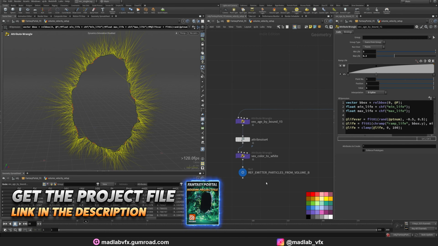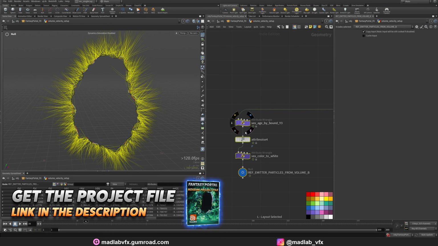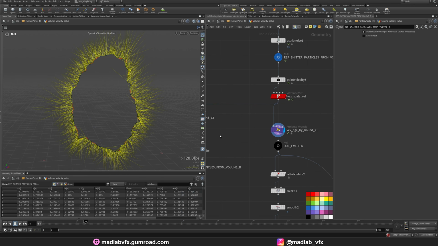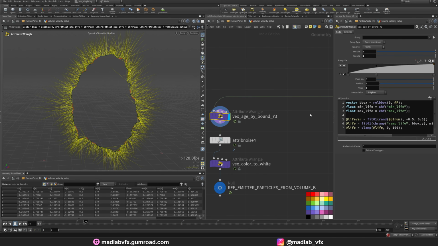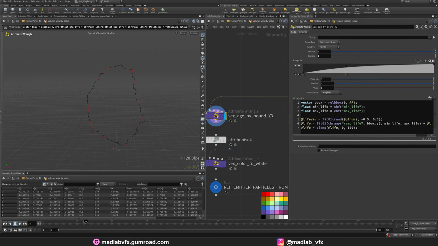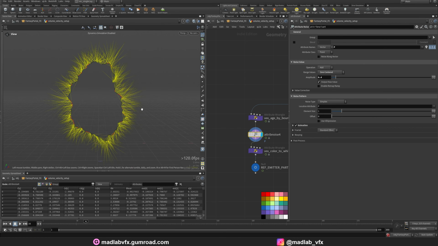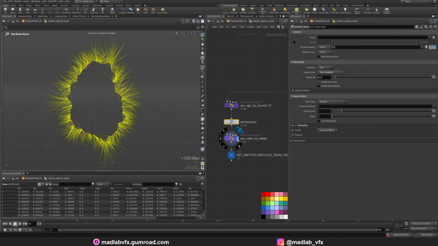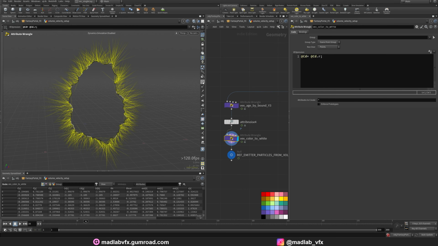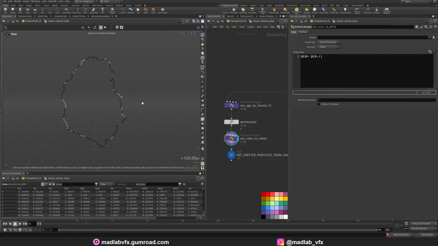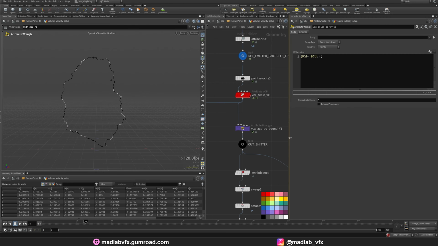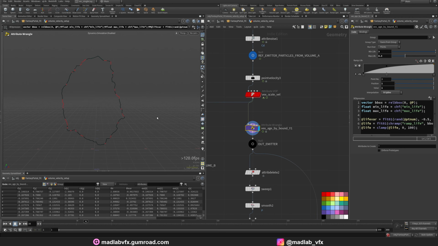Here, we are going to use this in the particle B. We are just creating some script here to make the velocity bigger in the bottom areas. Apply some attribute noise and color the red to white. Here, using the age by